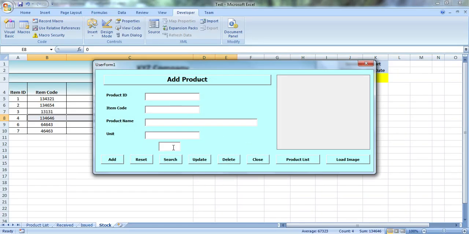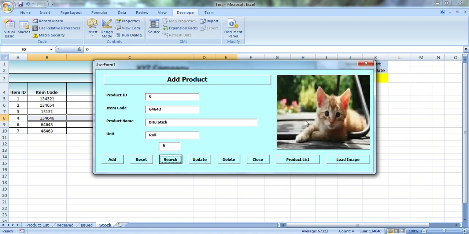So now we just check if it is working fine. First of all, we'll search any record, 6. I just search this, and as you can see, there is one picture and some record. I change the product ID to 5000, and now I will change the picture as well.